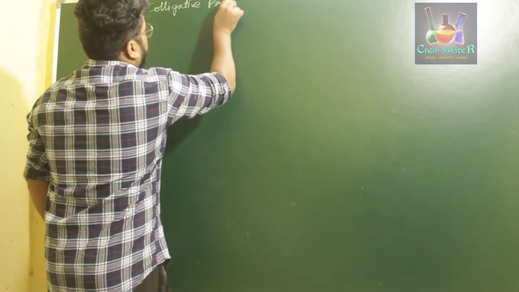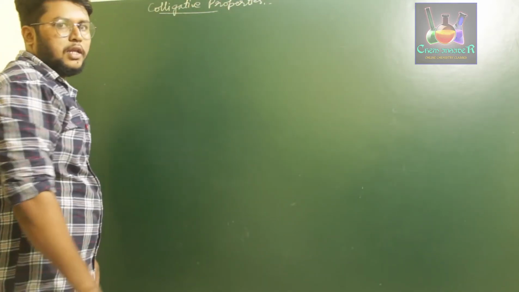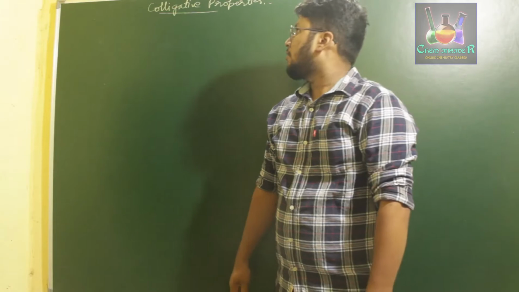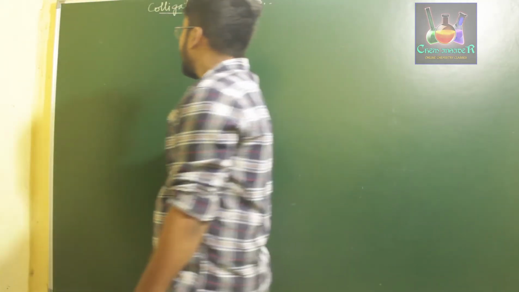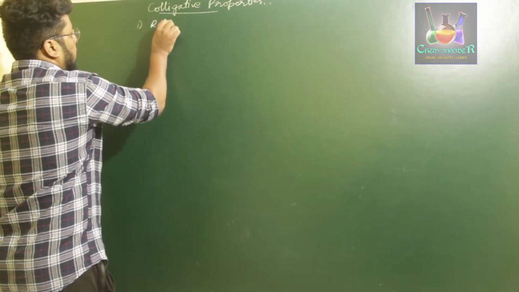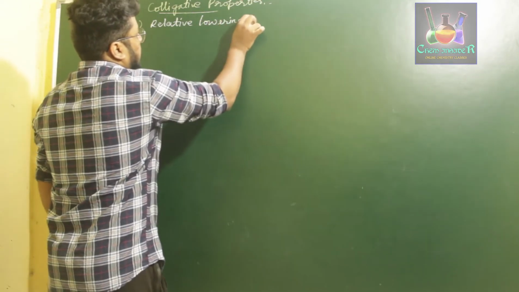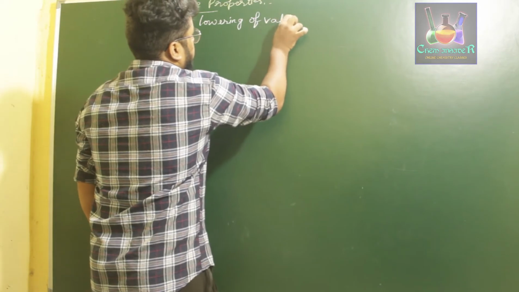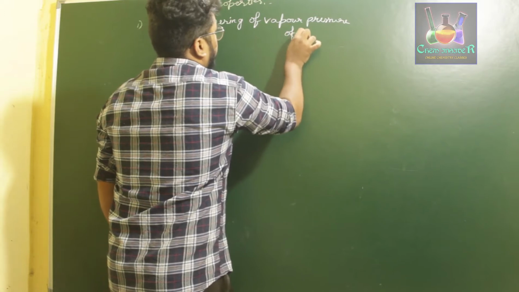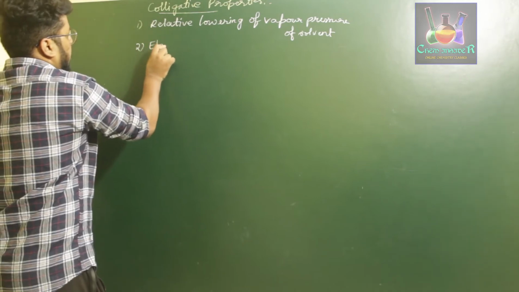So what is colligative? Colligative in Latin means co means together, ligare means changing. So together it changes or alters the vapor pressure. So those four properties are, namely, the first one is relative lowering of vapor pressure of solvent. Second one is elevation in boiling point of solvent,